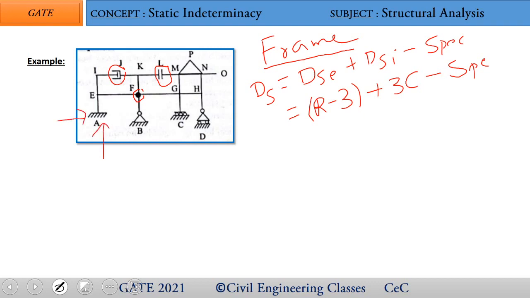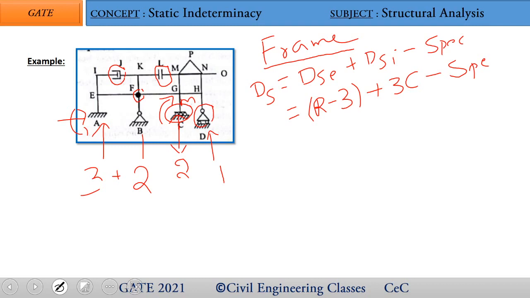So this is a fixed support, we will have 3, and this is a hinge, we will have 2. See here, this is actually not a roller support. Even though there is a diagram like this, this will act as a vertical-horizontal shear release. Okay. So in this case, you will have only 2 reactions. Okay. One is a vertical reaction as well as one moment reaction. So vertical and moment, there are 2 reactions. But if it is a pure roller support, we have only one reaction, that is the vertical reaction, that is the 1.